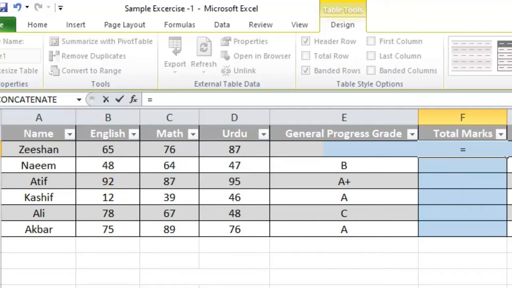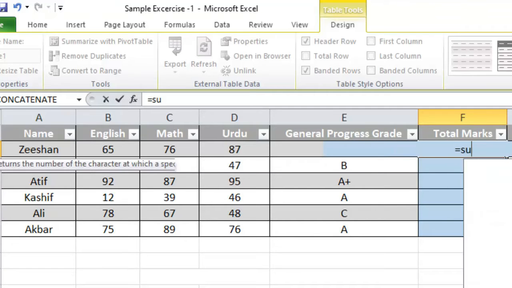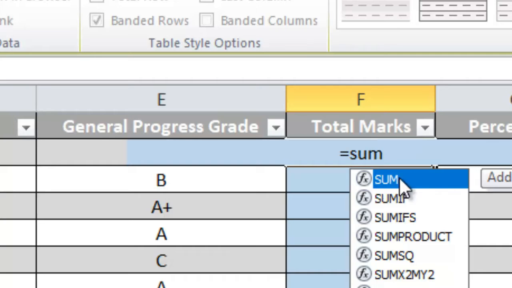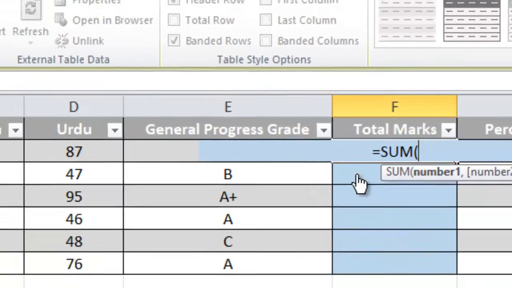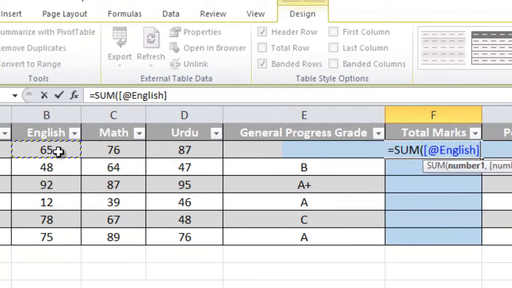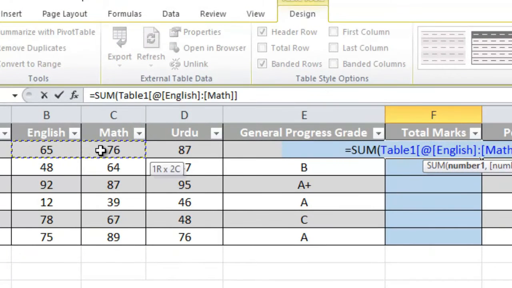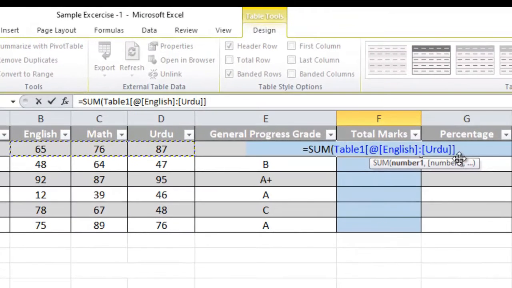After the equal to sign, we need to type SUM, and then it will appear at the bottom of your cell. Double click on it, it will automatically add the starting round bracket. Now select the range starting from D2 to F2. Done. Now close the bracket.